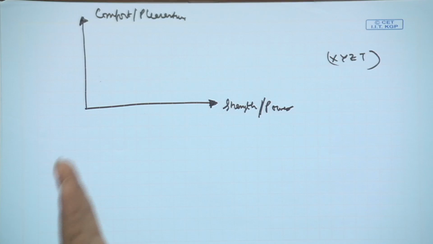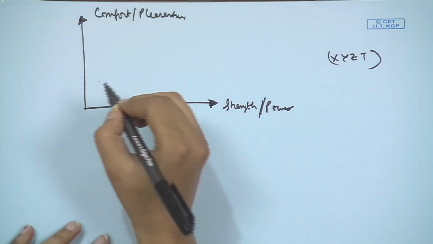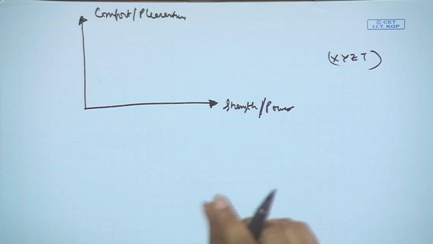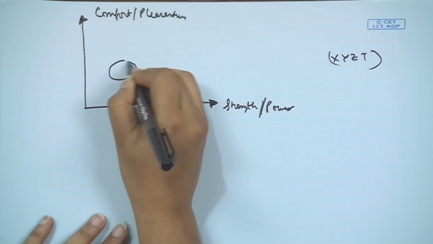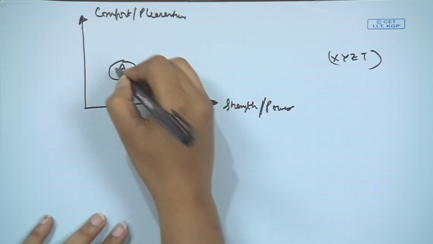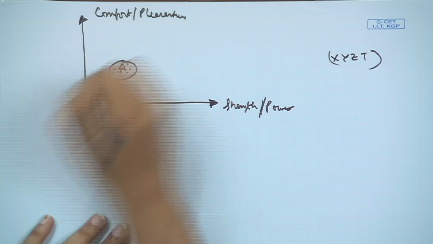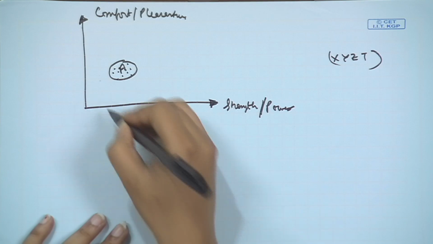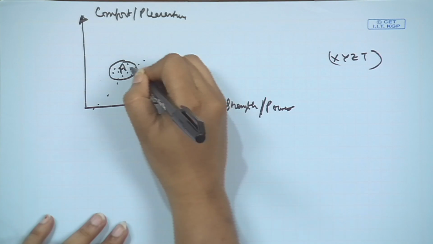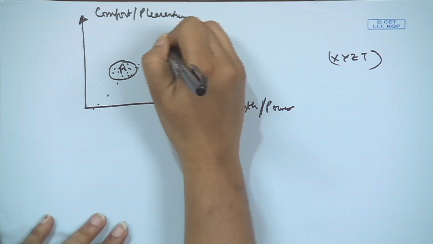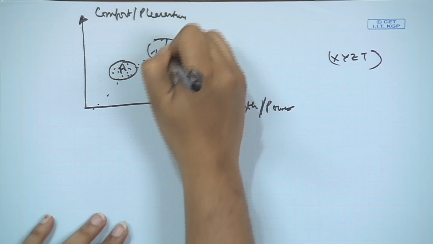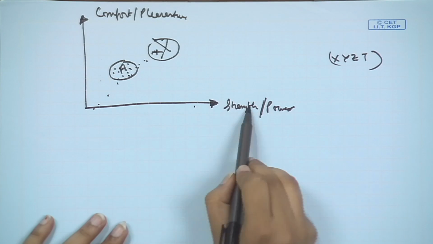So just by measuring these two, almost any car can be defined, and this coordinate system then becomes a way to distinguish different types of products. For example, this could be car brand A. The sounds of car brand A are somewhere here, and suppose we want to improve the sound quality, then these sounds need to go up to a higher place where they are perceived as more powerful